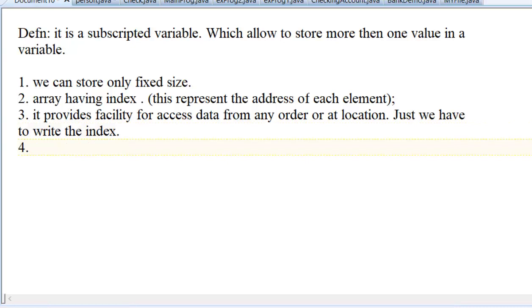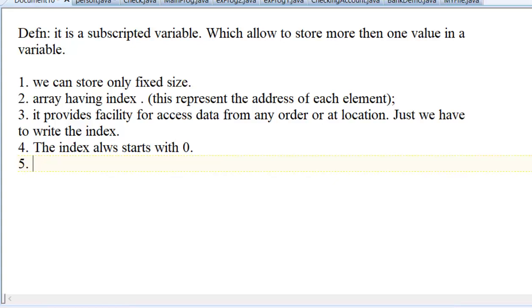Next point, the index always starts with 0. In an array in Java the index starts with 0. In C and C++ you may start with 1, but in Java it must start with 0.